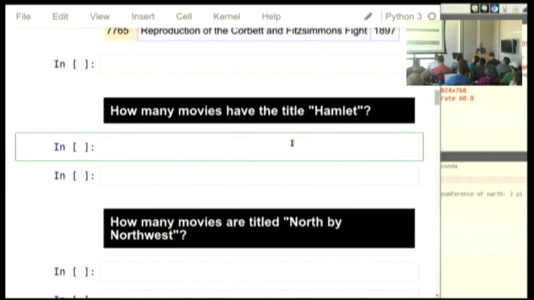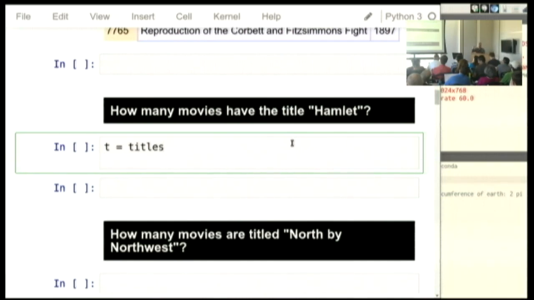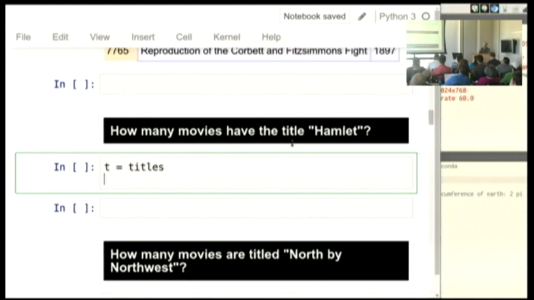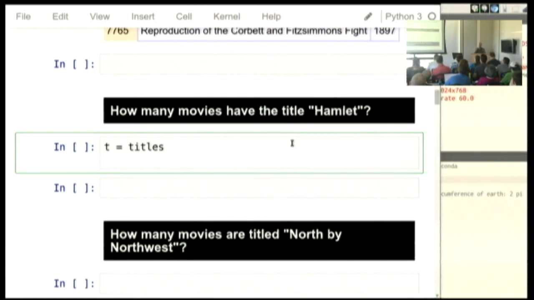Now we get to the really interesting question. How do I select rows that I'm interested in from an IPython notebook? The answer is absolutely crazy. In most of these examples, I'm going to create a little abbreviation for these frames I'm working with so you don't have to see me type the word titles. And actually, I read my code more easily if I have single word names here. This is what first got me interested in NumPy and Pandas. I couldn't believe this was Python code.